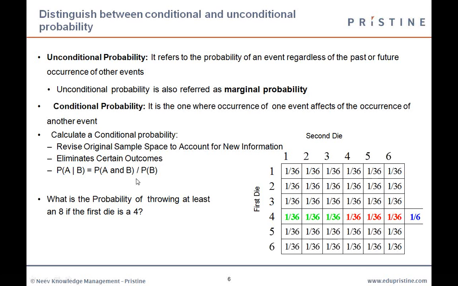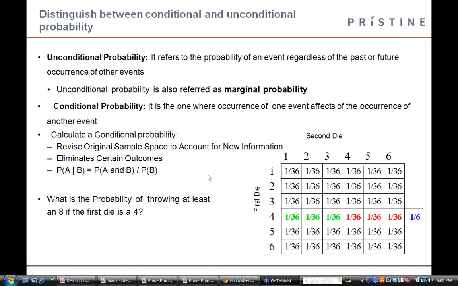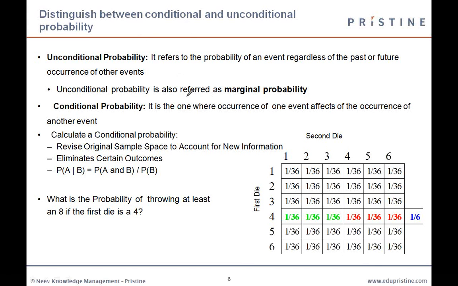So now you guys want to see this in a slide, so I'll show you in the slide. Nothing much, right? So basically, unconditional probability is also called marginal probability. It is just the name for unconditional probability. And conditional probability is where the event has already occurred, so there is no uncertainty about the occurrence of that event, but its occurrence has an impact on the occurrence of some other event. Okay.